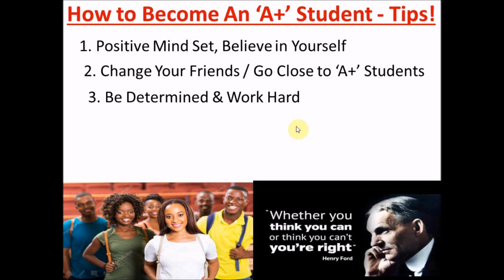So you need to what? Work hard. And whether you think you can or think you can't, you are right. So your belief matters. Your mindset matters in life. Okay? So, and the final thing, and the fourth thing I always tell students, you will have to, to become